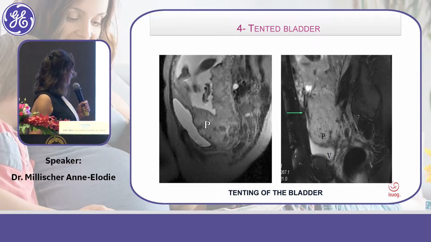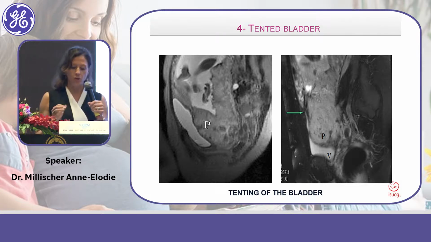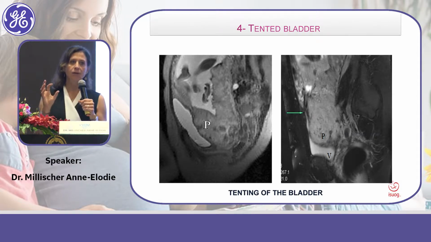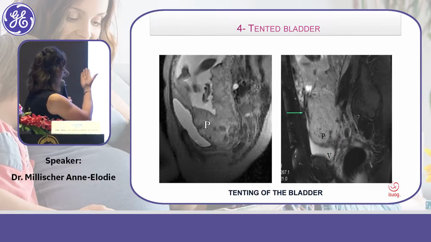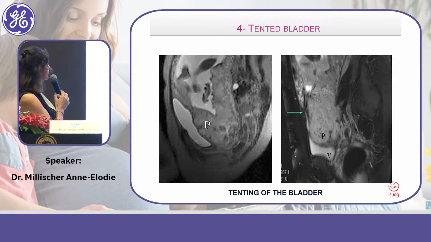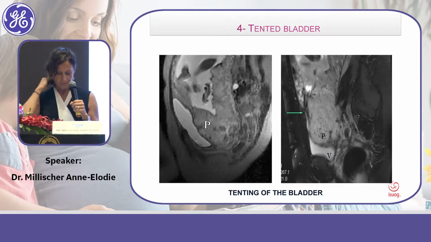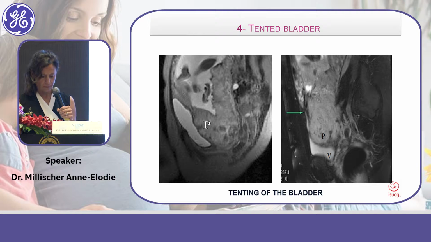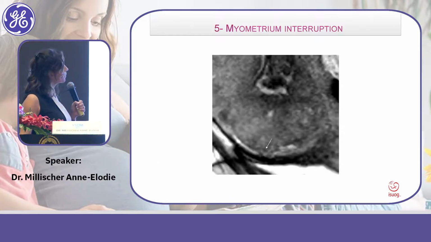And another item is the presence of tented bladder, which means that the placenta and the bladder are stuck together, so it provides this typical aspect. Và mình sẽ thấy được một cái dấu hiệu lều bàng quang, đó là do cái nhau nó bám vào cái thành bàng quang và nó tạo hình giống hình cái lều.